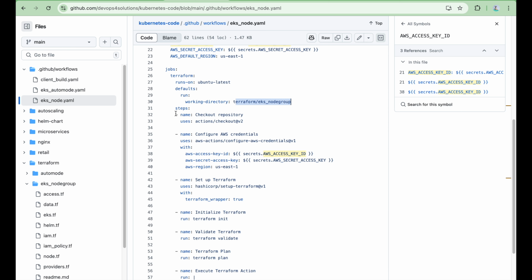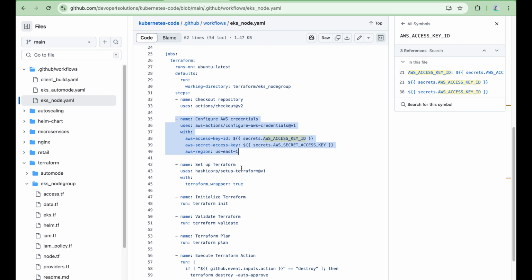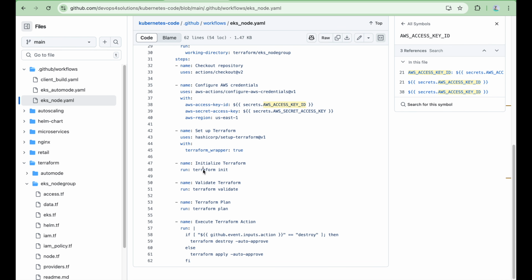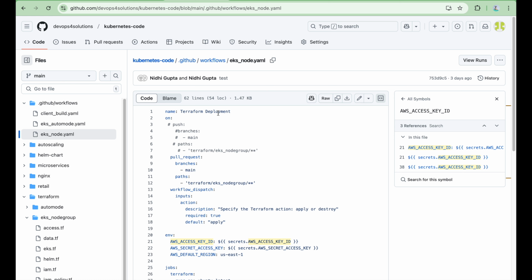After that, we are checking out the repositories, configuring those AWS credentials, and setting up Terraform. Here you can provide your version also. I'm using the latest. Then Terraform init, validate, plan, and at the end you are applying it. So this is how it looks from the GitHub Actions perspective.